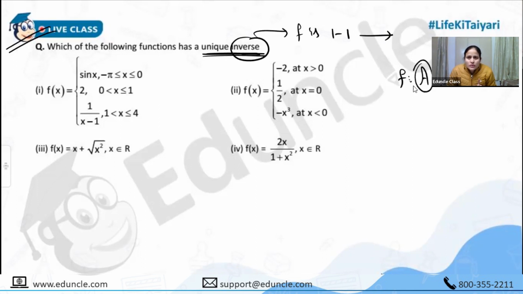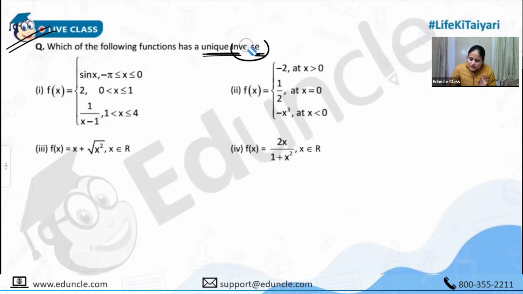the function should be 1 1 on this domain. If your function is 1 1, then you can restrict your codomain to range. कोडोमेन को कहां तक रेस्ट्रिक्ट कर दोगे? रेंज तक रेस्ट्रिक्ट कर दोगे। तो उस केस में हमारा फंक्शन 1 1 एंड ऑन टू दोनों हो जाएगा, मतलब इनवर्स विल एग्जिस्ट, यूनिक इनवर्स विल एग्जिस्ट।